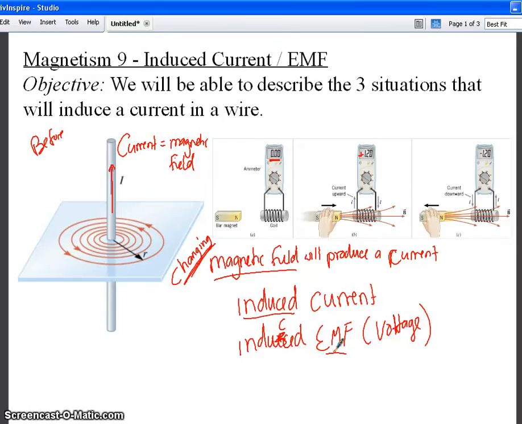Okay? So this coil starts behaving like it has an EMF. And so if we took our leads here and connected two more leads to here and attached it to a voltmeter, we would be able to get a voltage from this. It's an induced voltage based on this bar magnet moving back and forth. Okay? So we're going to describe three situations that will induce a current. The first situation, as you can see here,